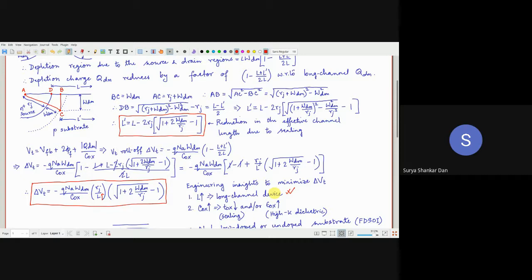So long channel devices, if you are trying to work on them, in fact, that is the reason why all the people in the world who are working on sensors never bother about going into lower technology nodes. In our department also, if you speak with Parikshit sir, he is making sensors. Karumbaya sir is making gas sensors. Sanket Goel sir is making biosensors. All they are making is sensors because their devices are millimeter size, but that is perfectly fine for them because their devices will be much more robust.